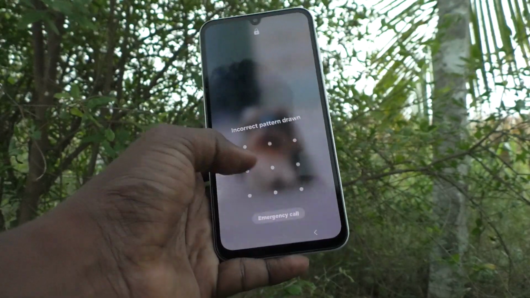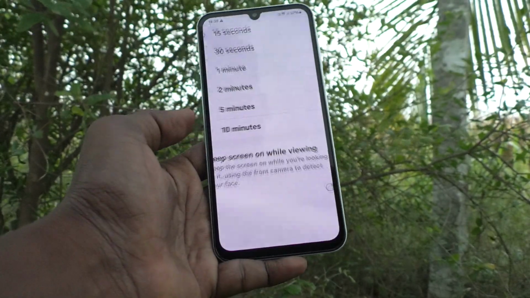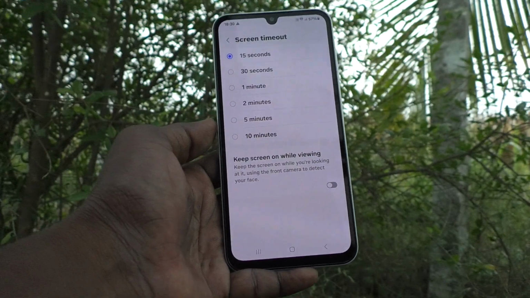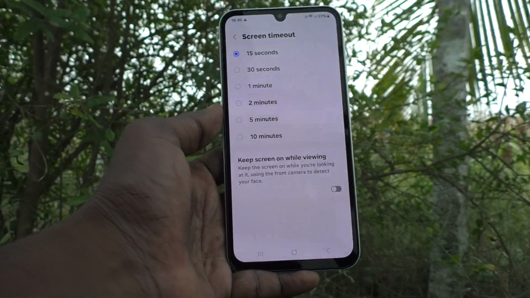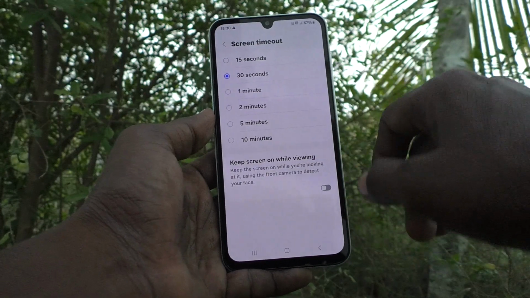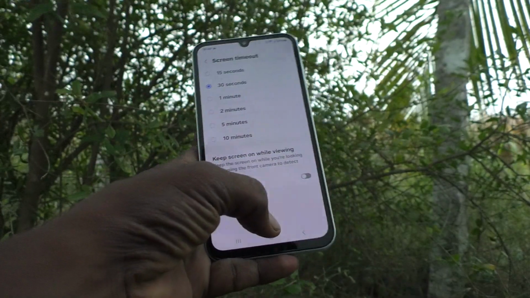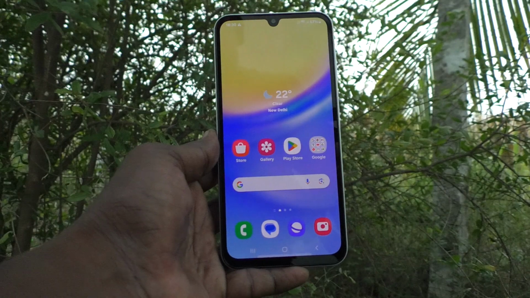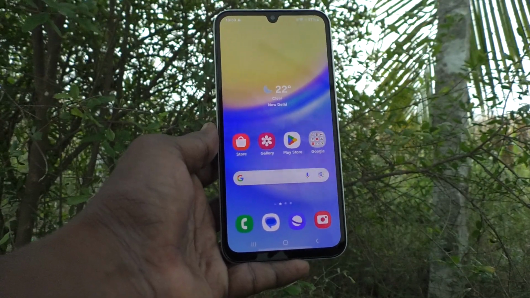So in this way you can easily change screen timeout for your phone. If you would like to keep default screen timeout, you have to keep the second option, so 30 seconds screen timeout will be used. In this way you can easily change screen timeout for your phone